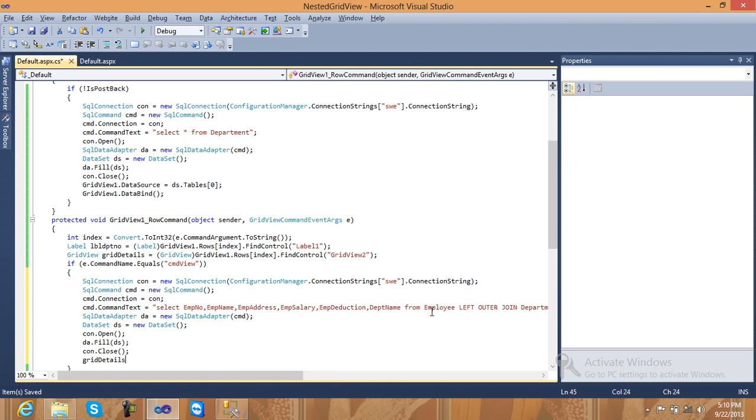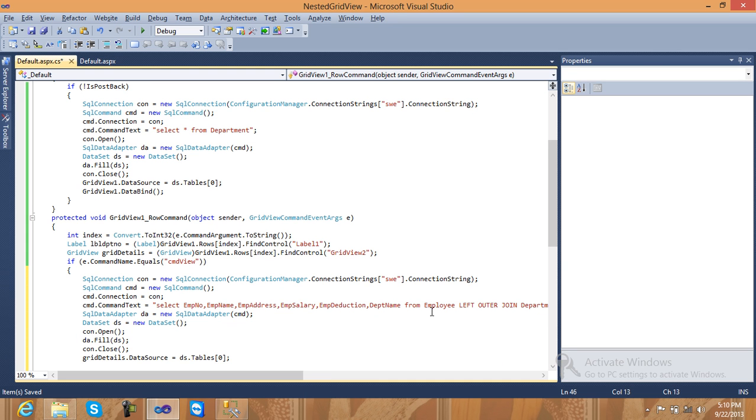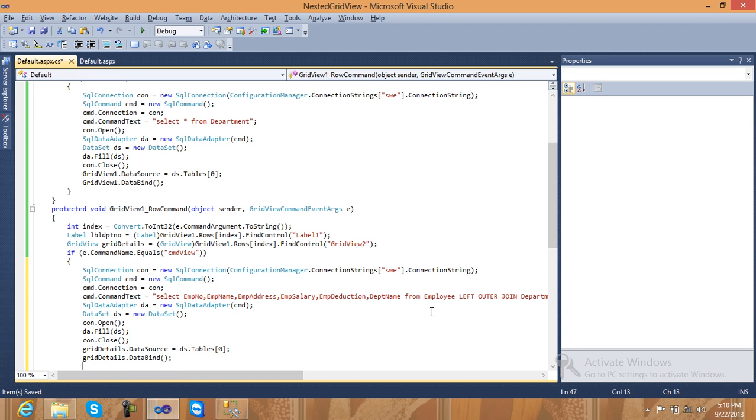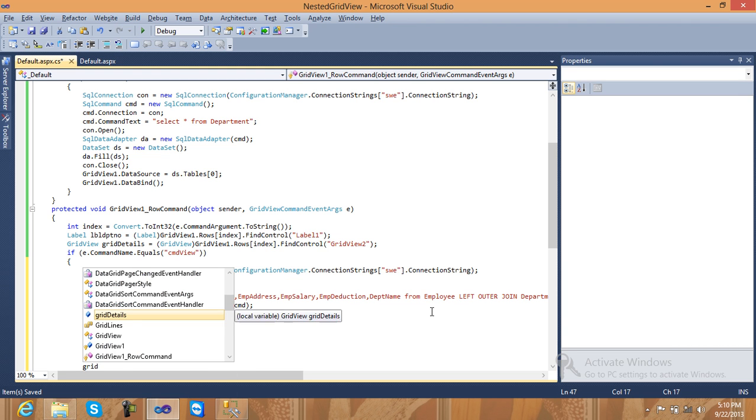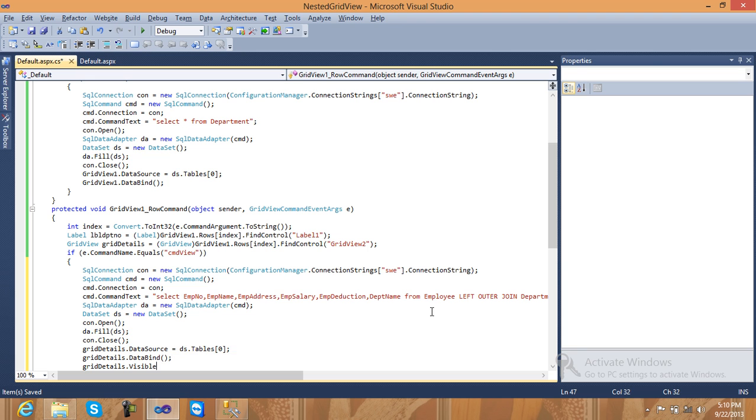After that gridDetails.DataSource is equal to ds.Tables[0], and gridDetails.DataBind. Okay, after binding this data, one thing, gridDetails.Visible is true,